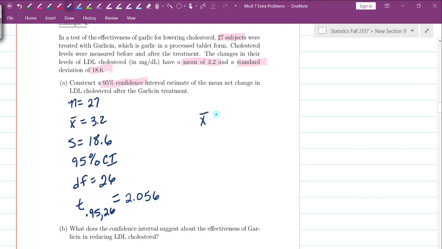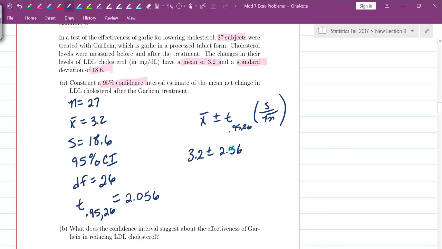X bar plus or minus T of 0.95, 26 times S divided by the square root of N. Okay, that's our formula. Make sure you're looking at your formula sheets so you know how to use your formula sheets tomorrow. So this is going to be 3.2 plus or minus